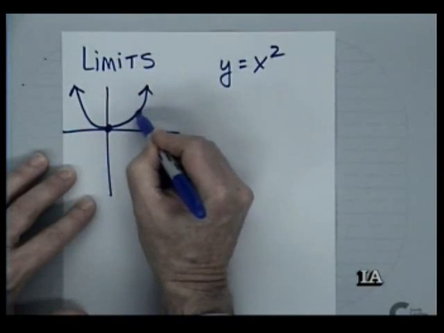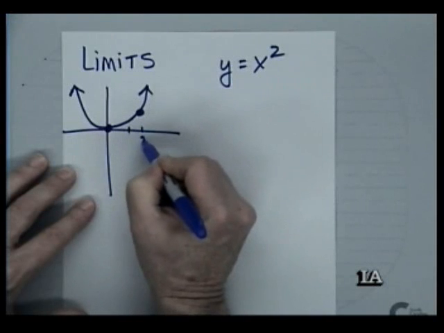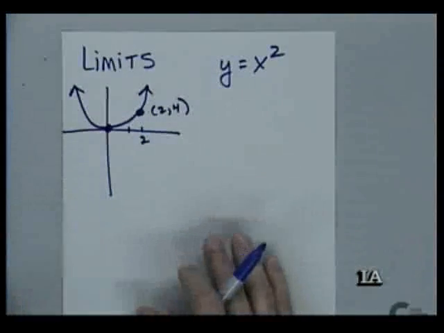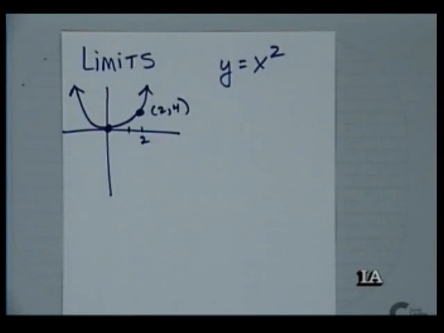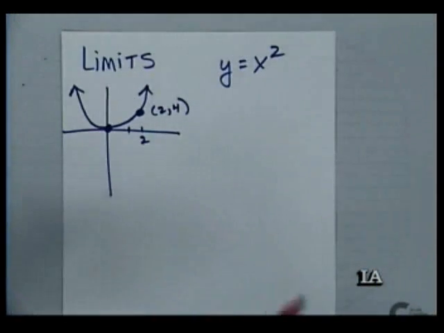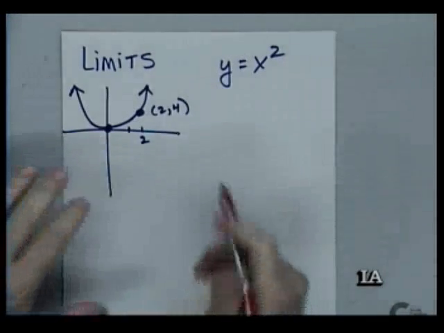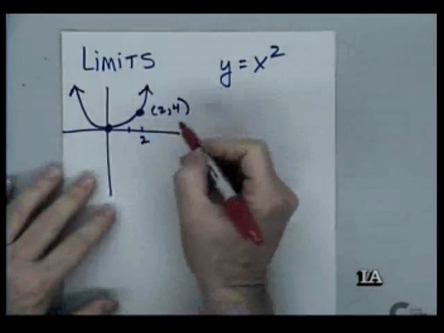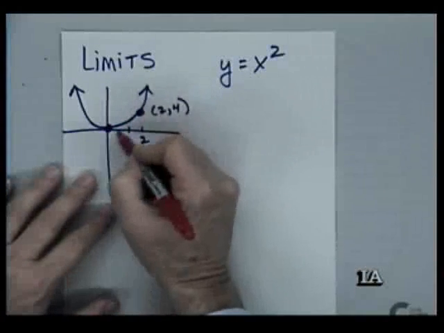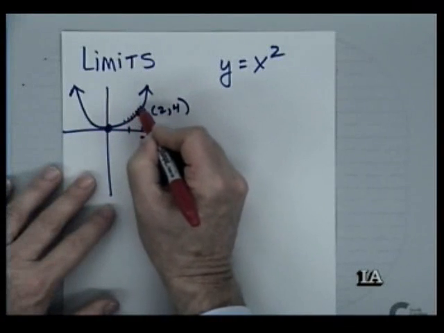And I want to look at this little point right here. Well, this little point right here happens to be the ordered pair (2, 4). Notice my graphs are not to scale, but close enough. And what we want to talk about is this limit, and in this particular case, it's probably a little bit too simple an example. I'm asking the question on the graph, and I'm looking at all these little ordered pairs along here on the